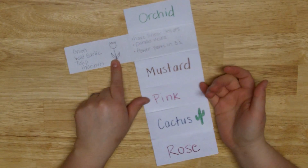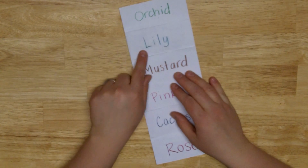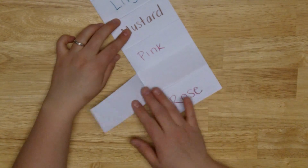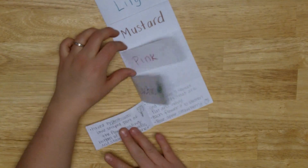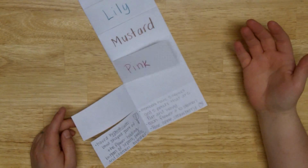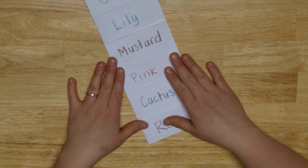Nice thing to do is give kids an opportunity to have a visual representation for what they draw. This is the lily family, and a tulip is in the lily family, so I drew a tulip. Further down I have the cactus family. I drew a little cactus on there. And I haven't filled all these in, but you can just see that there's quite a bit of information that you can put in there for each type of flower family. And this is once again used for the flower honor requirement number